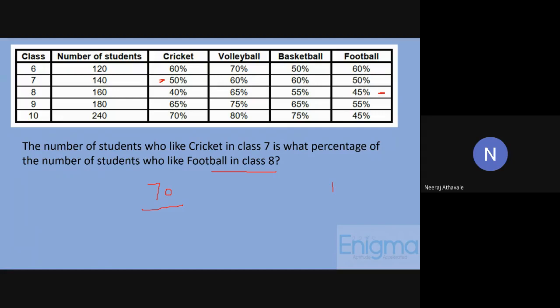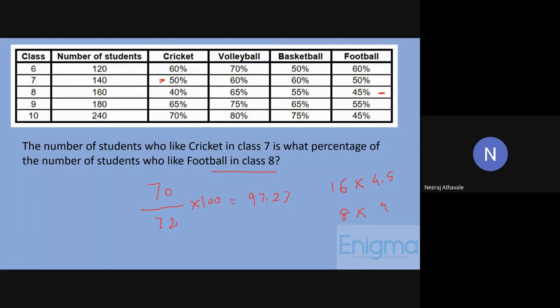Okay, so here you can see again, यहाँ पे क्या होगा? 16 into 4.5. इसकी जगह आप 8 into 9 भी कर सकते हो. The answer is 72. So 70 upon 72 into 100. The answer would be approximately what every one of you have got. Many of you got 875 by 9. That comes out to be around 97.2%.